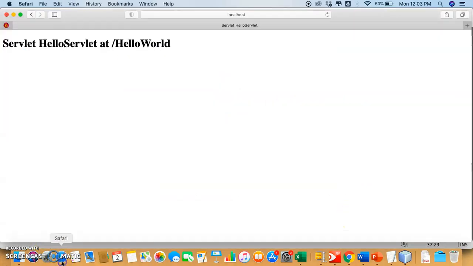If it runs like this, it means your servlet can run on your machine. All right, so that's all for now for tutorial 2. We'll continue to the next